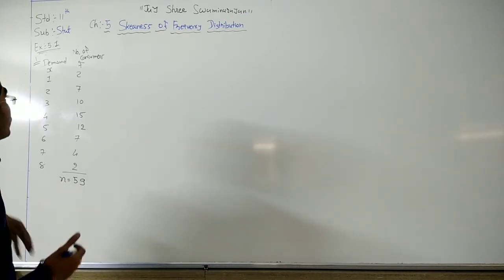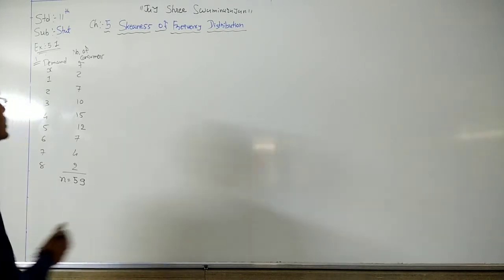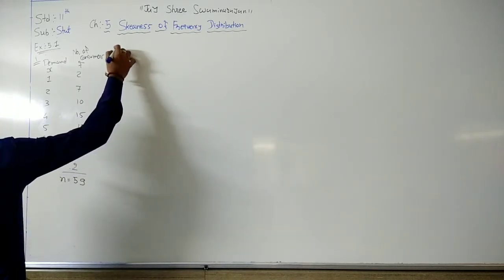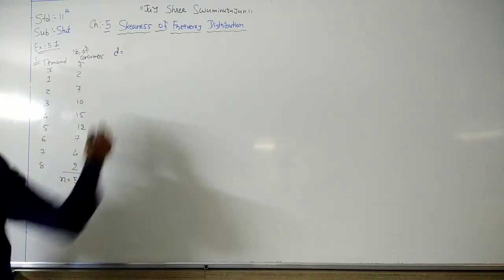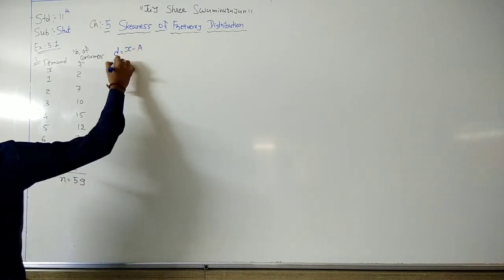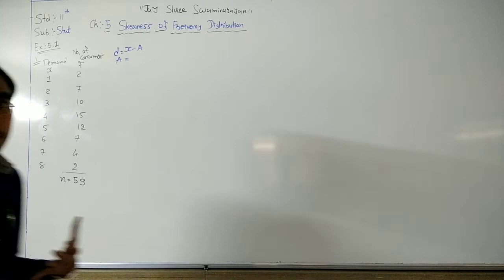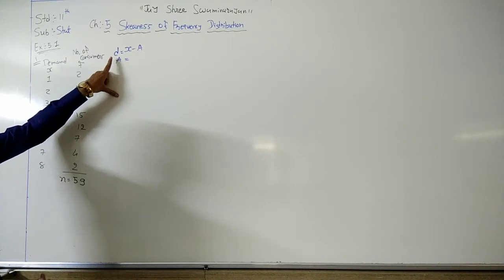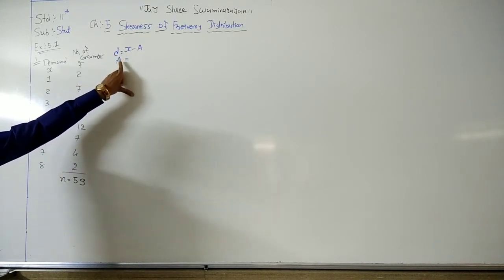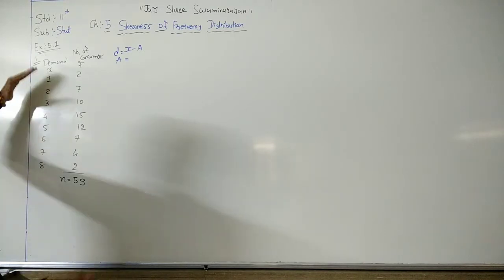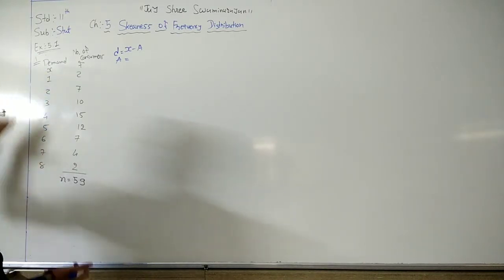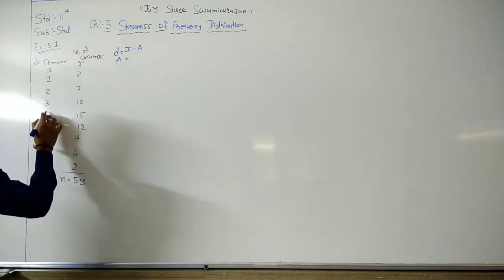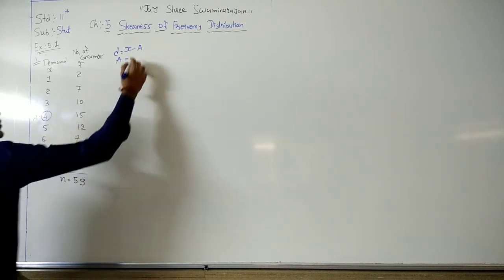Now for finding the standard deviation and mean, we can use the deviation method. What is the deviation method? Deviation d is equal to x minus A, and for that we need to assume A. We need to assume mean A from the values of x, in the column of x. So just take the middle value. I am taking here A is equal to 4.